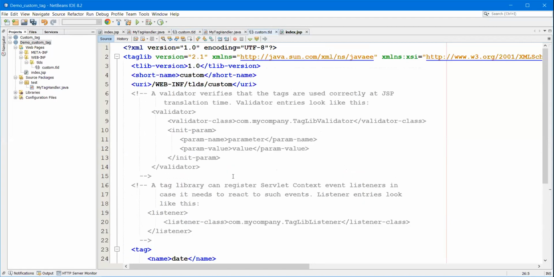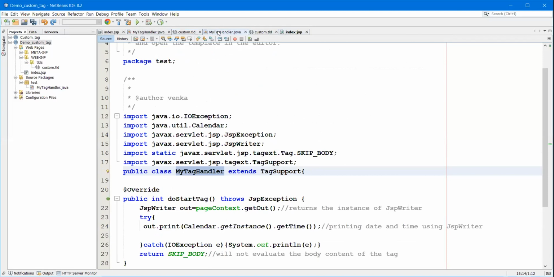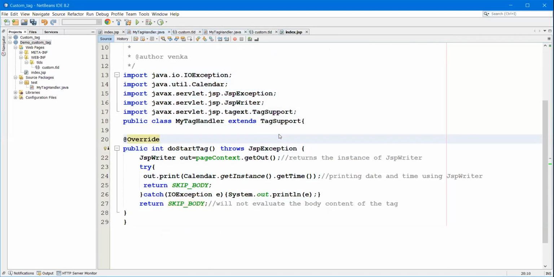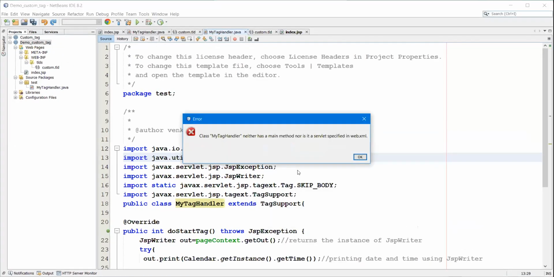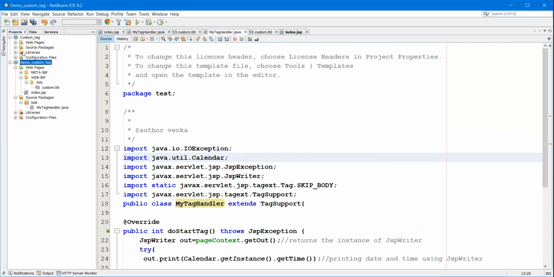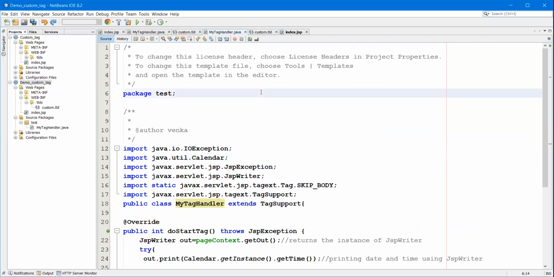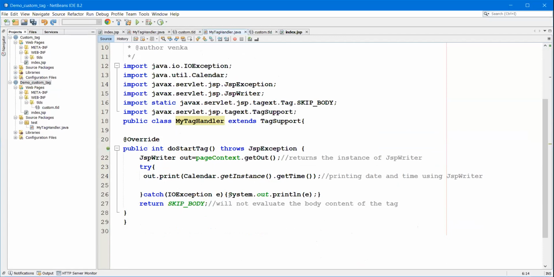The tag class is correct. One second, it is giving some error.